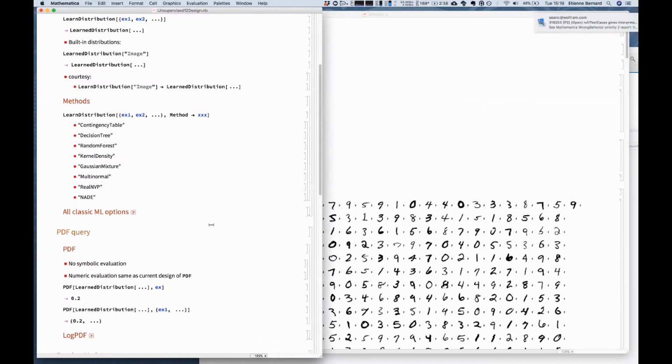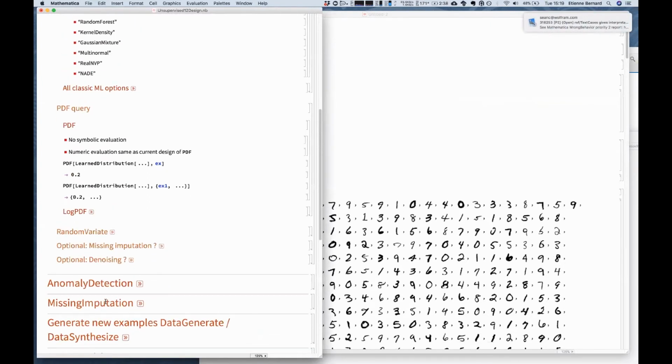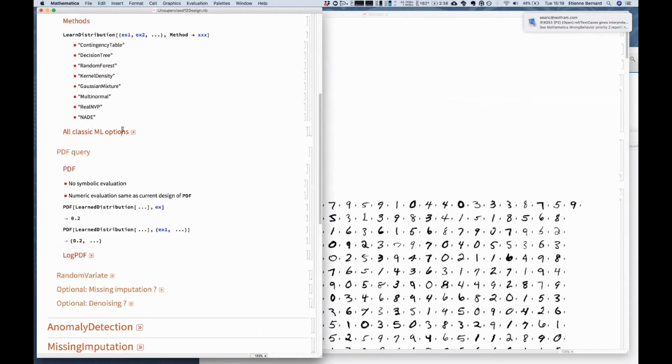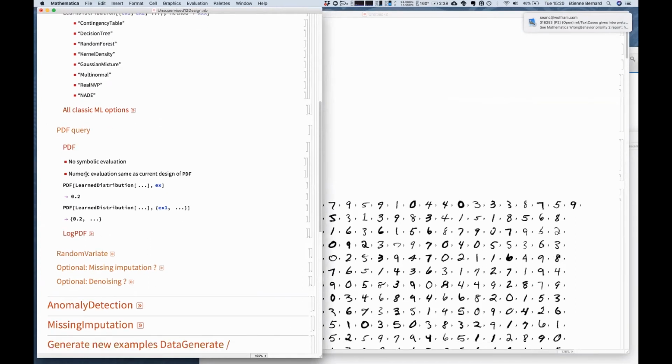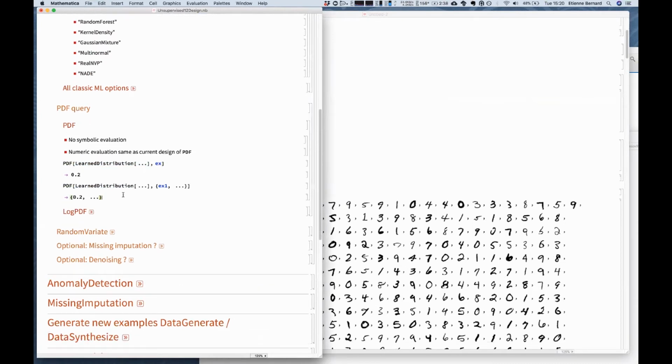And which actually will overlap with the anomaly detector, the missing imputer. Yes, exactly. Okay, so let's keep going. PDF is the same as what PDF is doing now, except you cannot do a symbolic evaluation. I mean, symbolic, tough luck. PDF. Yeah,